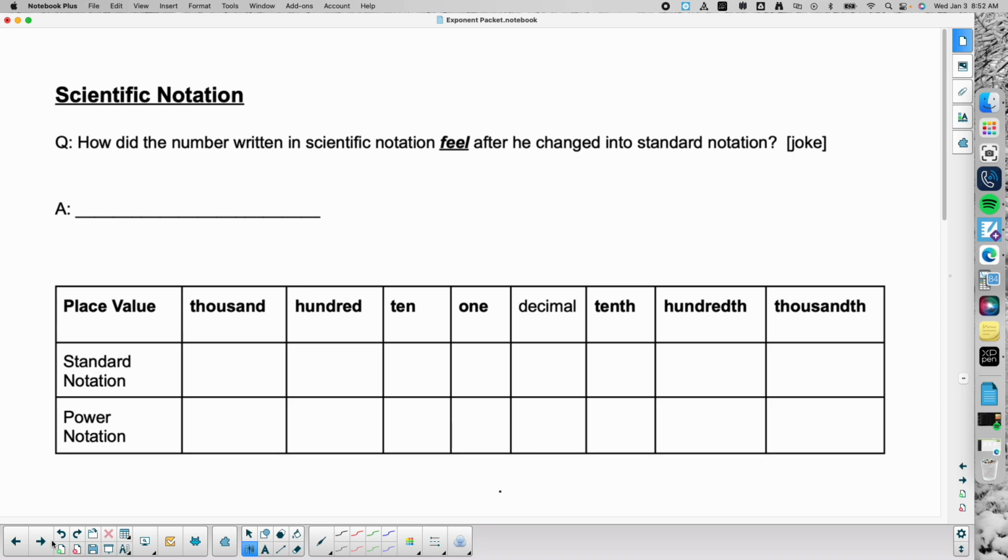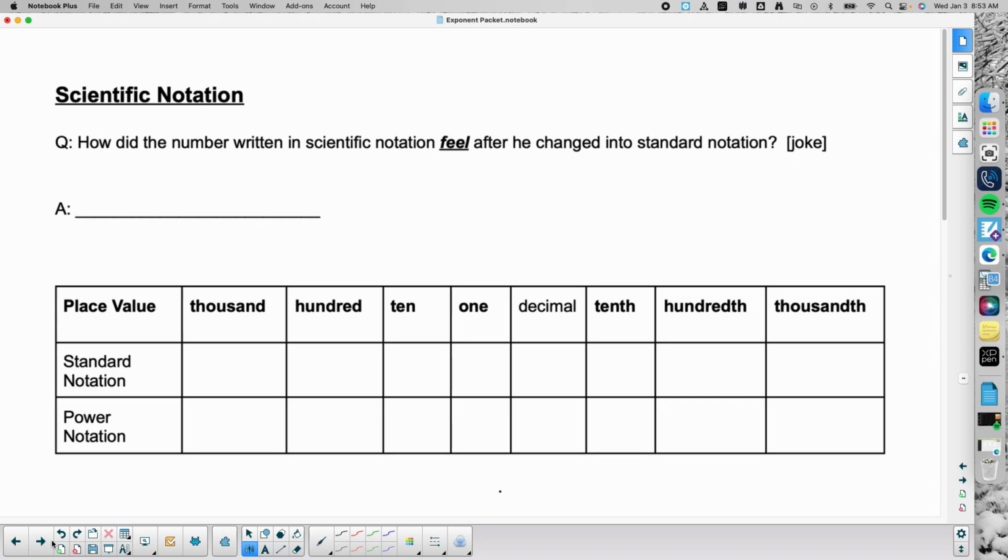Google had 5,000 results on how to do scientific notation. It did not have the answer to this joke. I had to go look it up from notes like 5 years ago to be able to find the answer. Does anybody think they know? Okay,